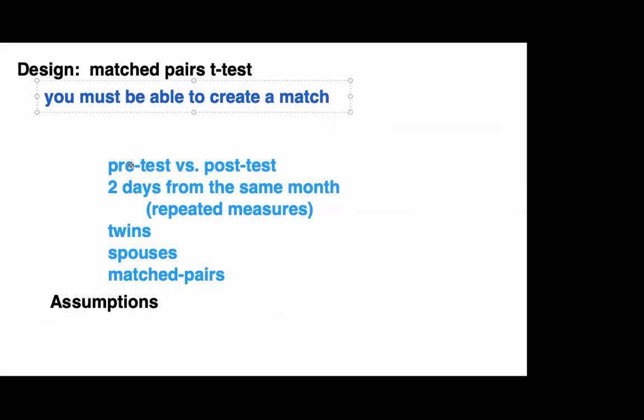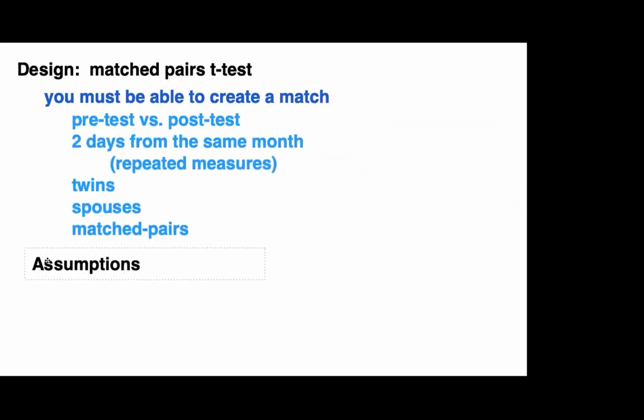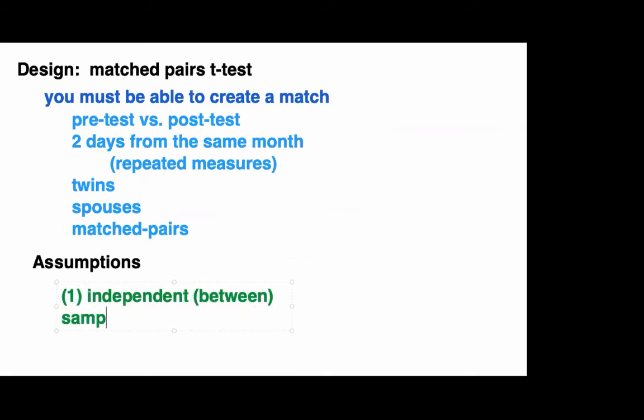So yes, you must be able to pair your data, but there's a number of other assumptions that have to be met as well. Those assumptions are, first of all, you actually have to have what we call independent samples. And we mean they have to be independent between the samples. In other words, the rows need to be independent from each other, because we obviously know that there's a lack of independence between observations in the same row, because they're either from the same twins, the same spouse, or they're pre-test, post-test from the same individual.